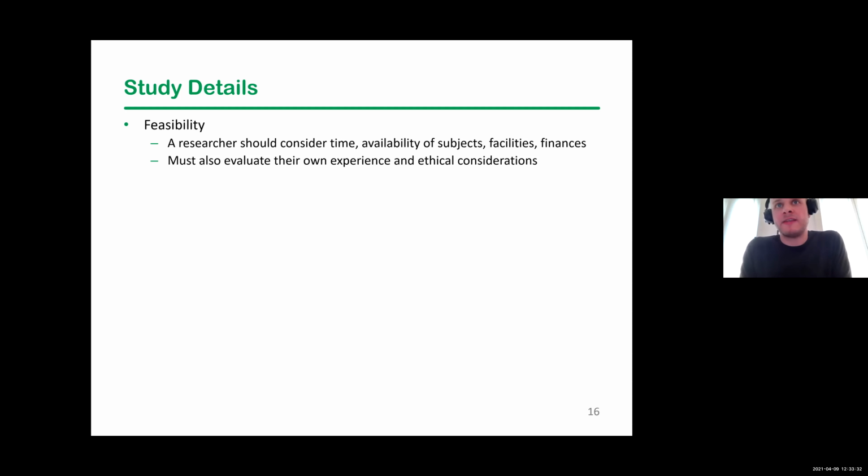What is the time that it's going to take for me to finish this study? That's a big one. If you're in a program and you need to graduate in 2 years, you don't want to do a 4-year study, right? It needs to be something that can be done adequately in the amount of time, given that you're trying to finish a program or finish whatever you're doing.